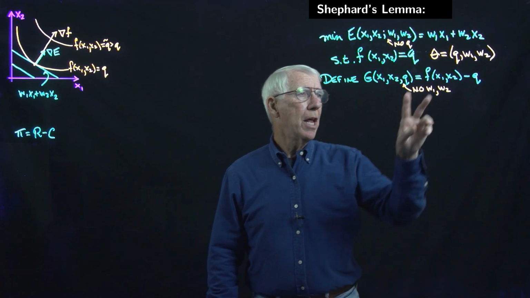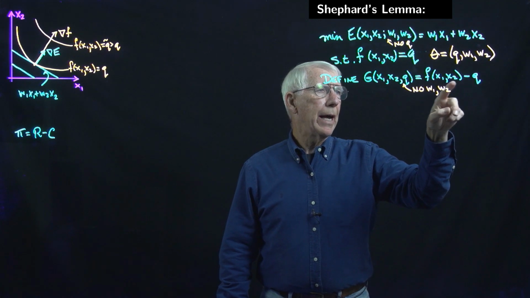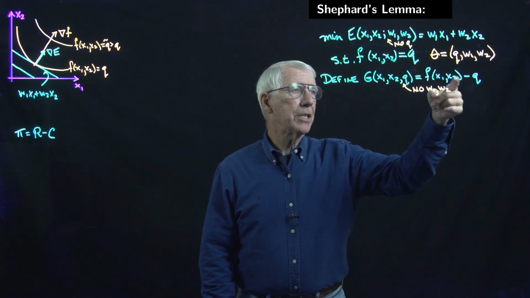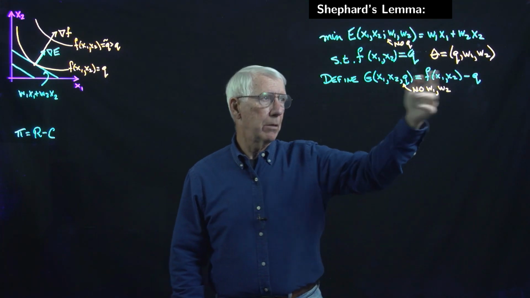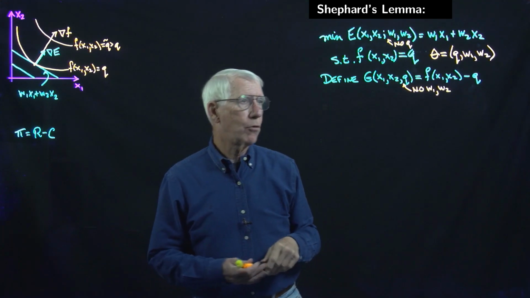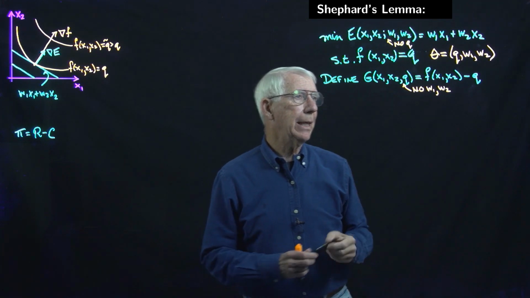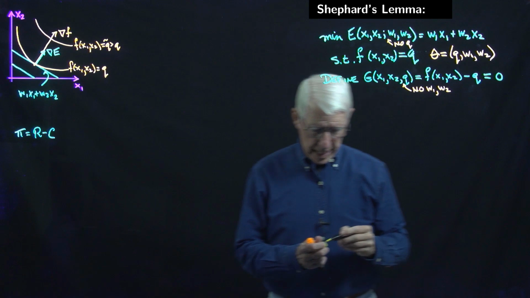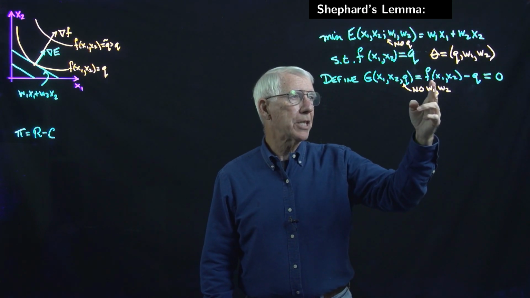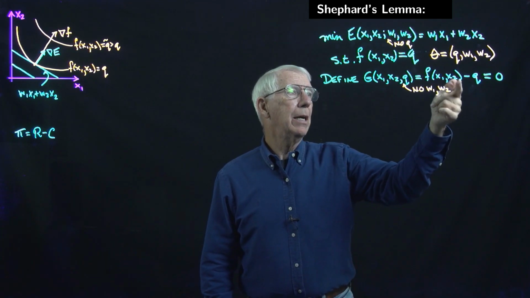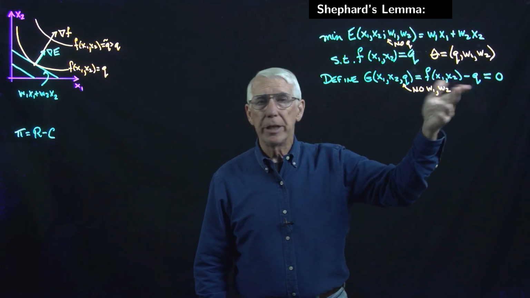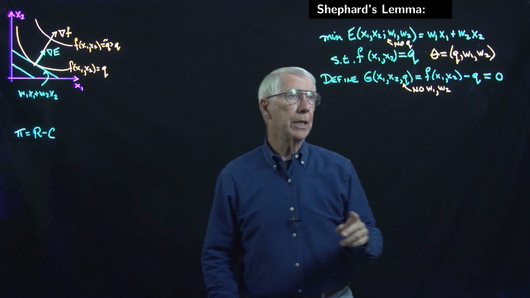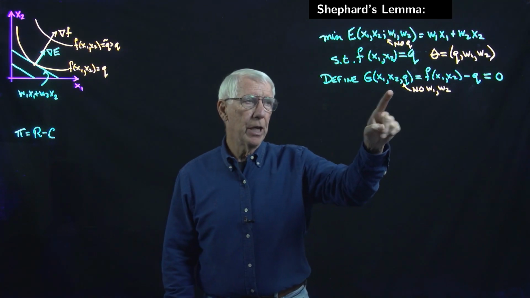Second thing to notice is that I wrote this as f of x1, x2 minus q, but I could just as well have written q minus f of x1, x2, and I'd have the same thing because, of course, the constraint is going to be that this is 0. And if I wrote q minus f of x1, x2, then that would have to be 0. So I could have written it either way, but I actually couldn't have written it either way. And the reason is that I want my g function to be